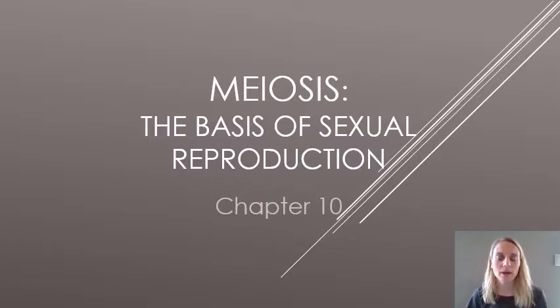Hello, everybody. Welcome back. We are going to be covering Chapter 10 in this lecture, which is focusing on meiosis, a type of cell division that is important in sexual reproduction. So we introduced different types of reproduction a little bit in Chapter 9 with asexual organisms, just making a copy of their DNA and splitting it into like a clone, whereas sexual reproduction, where you actually combine genetic information from two different organisms to create a genetically unique offspring. So we're going to take a look at how meiosis plays a role in this process of